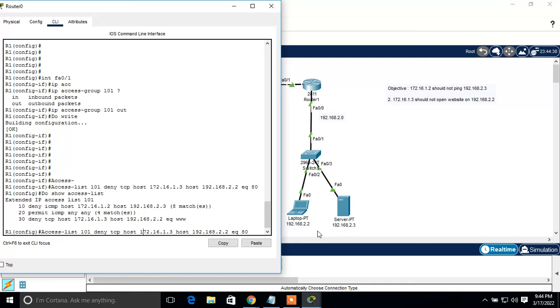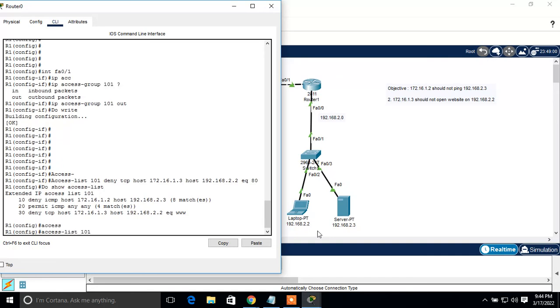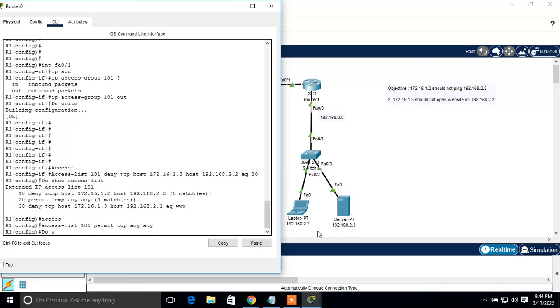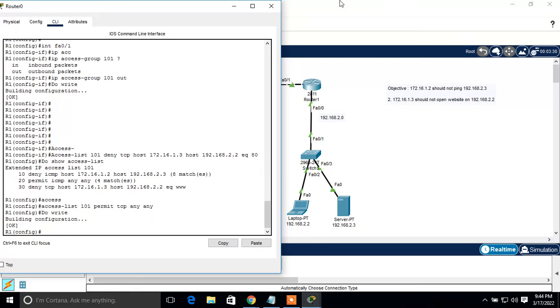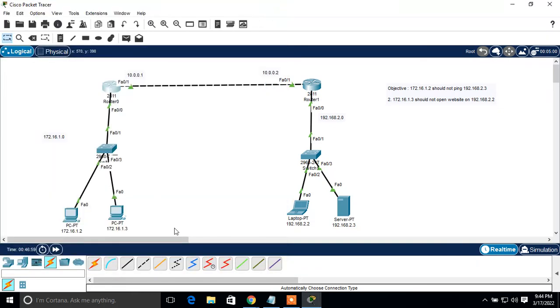Access list 101 permit TCP any, right, enter. Let me just write it, and we will see whether we are able to successfully block this machine